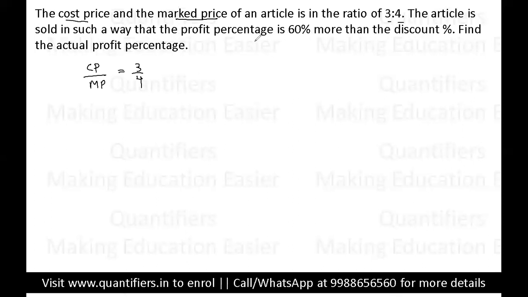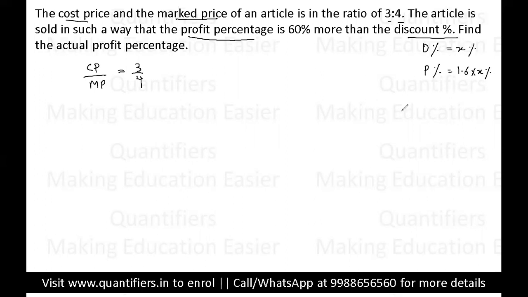Now students, be very very careful. They are not saying the actual profit. यहाँ actual profit के बारे में बात नहीं हो रही है. They are talking about profit percentage and discount percentage. So let me give you an example. What they are trying to say here is, if let's say discount percentage is X%, the profit percentage will be 60% more than X. So that will be basically 1.6 times X%. So I hope ये point सबको समझ में आ रहा है.